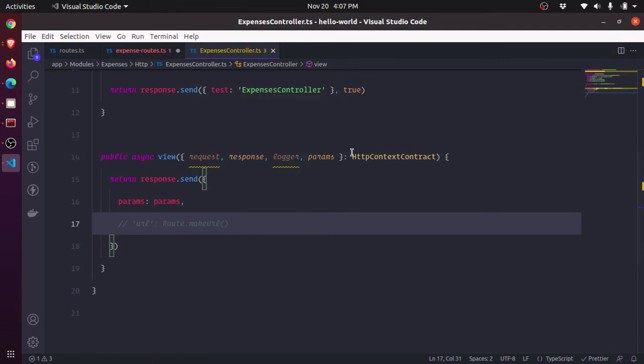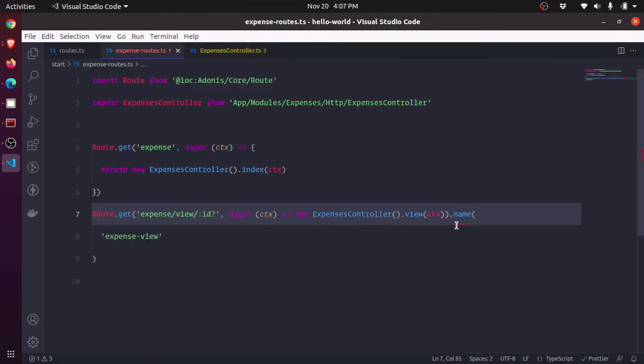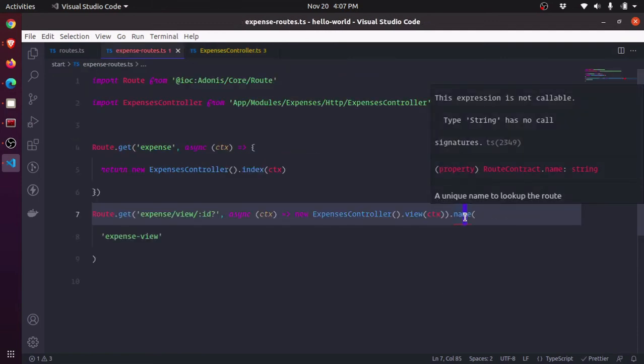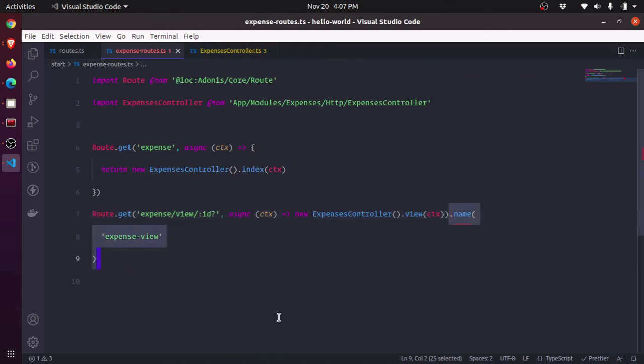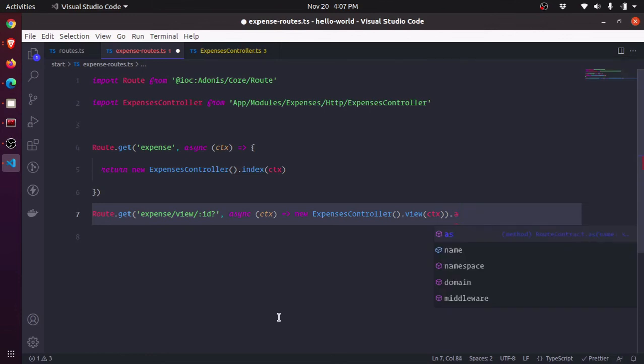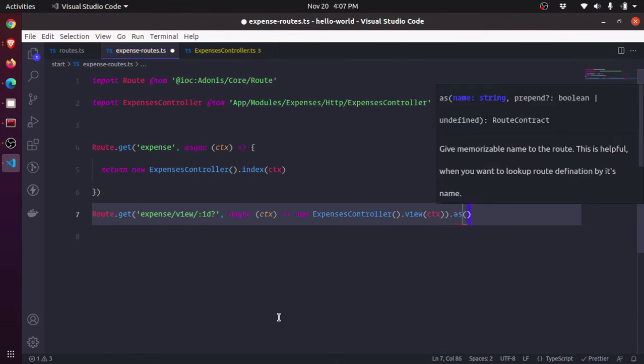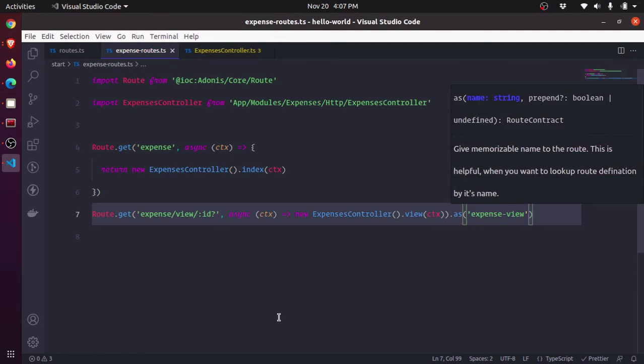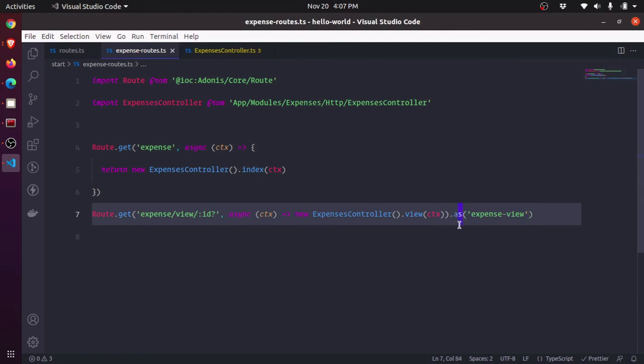I'll do a comment on that, and it is still complaining. Something is not right. I think I was making a mistake. Expense view, yes. So